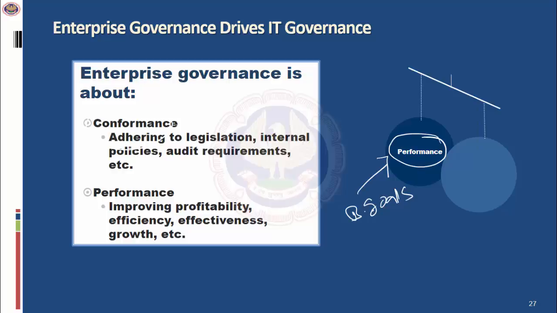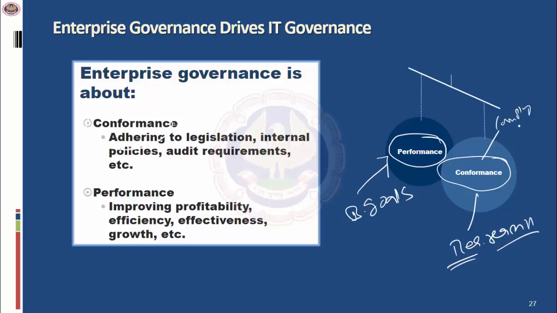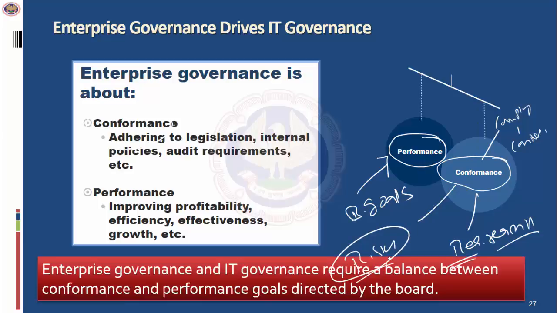But while performing the duties, it's also important that the conformance aspect is taken care of, and conformance deals with the regulatory requirements. It's important to remember that when you want to conform, you have to comply. Now, compliance requires controls, and controls come with a cost. So, if you do not have conformance, there are risks. These risks need to be mitigated by the right controls. So, it's always important that you balance the conformance and performance goals.